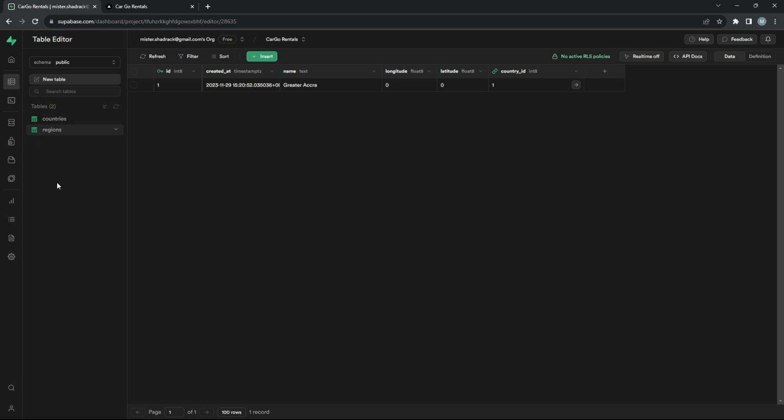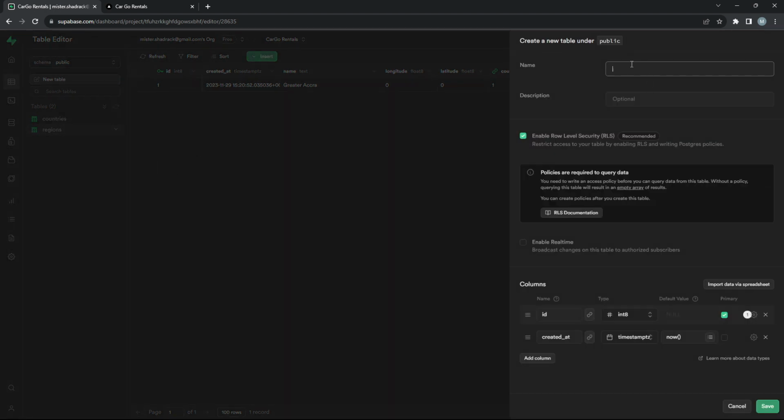Alright, and the reason why we don't want to add it to the authentication payload or anything like that is because some of the data can be very sensitive, and we don't want to store that data in the browser when we fetch the session for a particular user. So it is a good idea to save that in a separate table. So let me create those tables really quickly. So I'm going to create a table for users. So this is basically for regular users, and I am going to create another one for our providers,